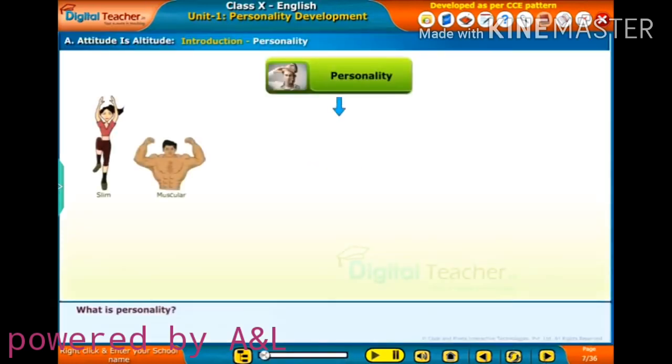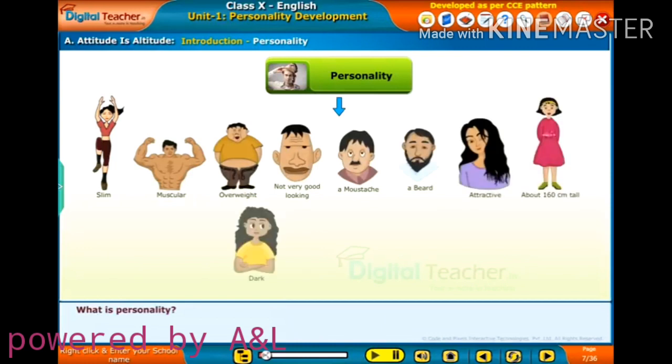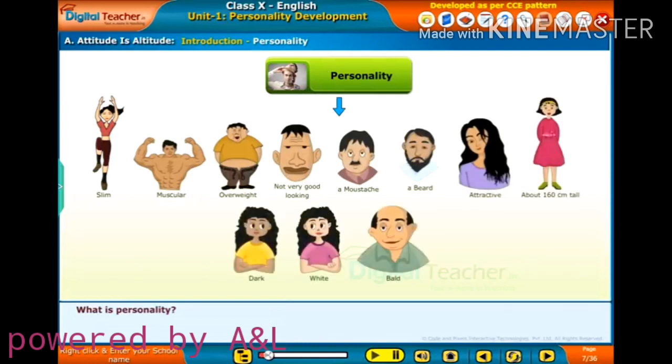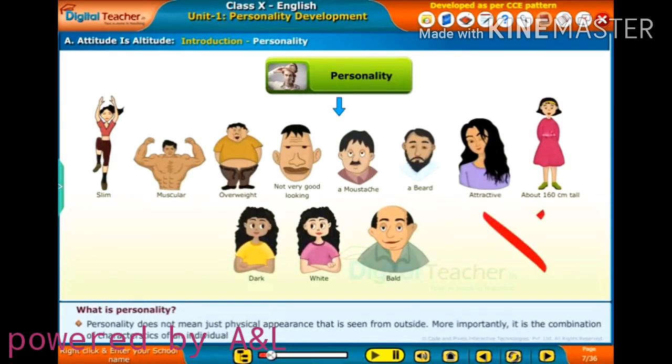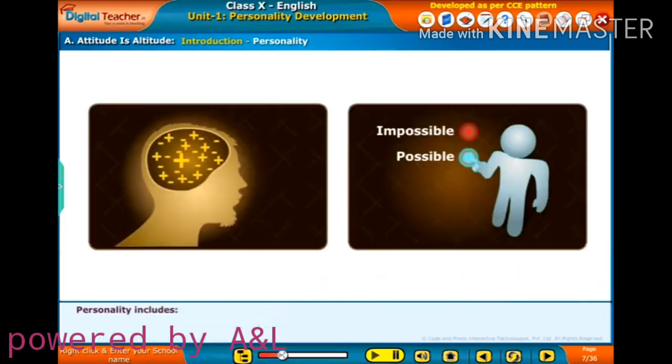What is personality? Personality does not mean just physical appearance that is seen from outside. More importantly, it is the combination of characteristics of an individual. Personality includes our way of thinking,